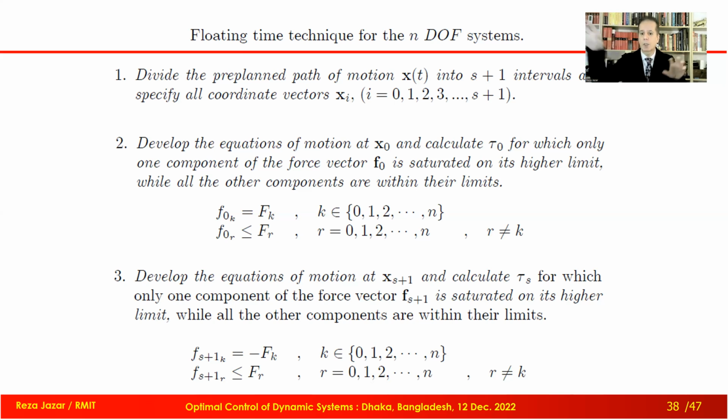If we have multi-degree of freedom, we start with the first one at maximum and calculate all of the others. Any one that breaks the limit, I capture that, make that one maximum and calculate the rest of them. If none of them is breaking the limit, that's the solution. If any one of them is breaking the limit again, I take that one and make it maximum. So with this trick, at every step, I'm able to calculate all torques and find out which one is maximum.